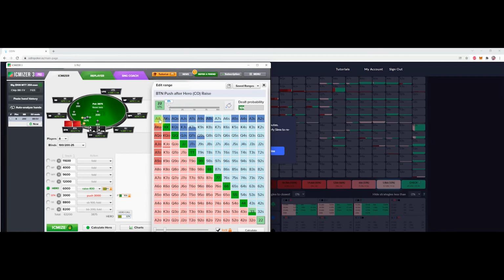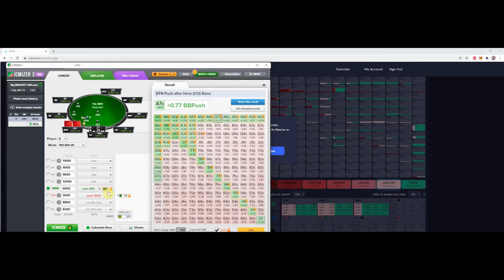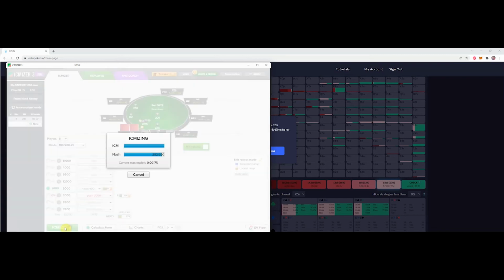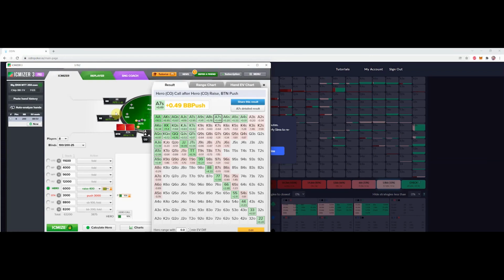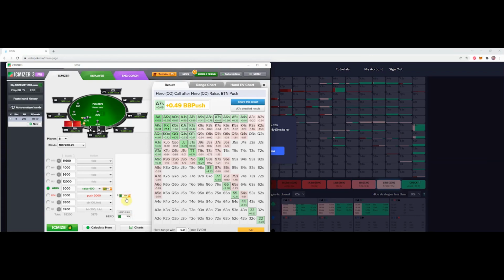For what it's worth, I think people probably do shove aces here. So maybe I'll just put like 10% they could have pocket aces here. So what we want to do is calculate this. Now that we have our edited ranges, we want to run this spot again. Take a sip of water while we're waiting. And now we're going to have a little bit more of an accurate output as to what we should be